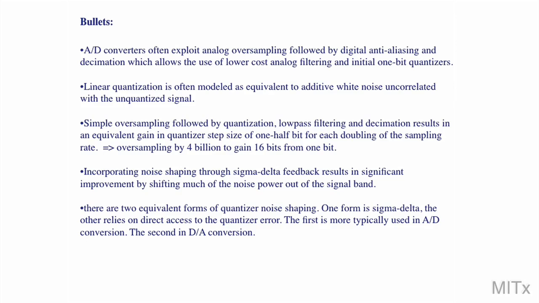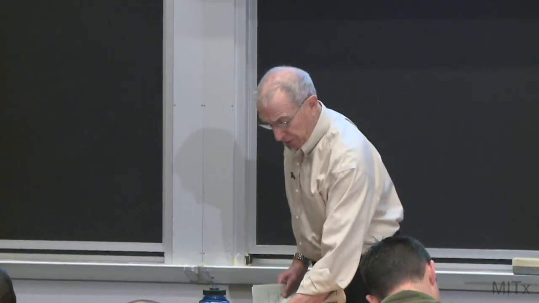But what I want to draw your attention to now is the key assumption that will pervade this whole lecture, which has to do with modeling quantization error. And quantization is what is just naturally done when you're doing analog to digital conversion. The quantization error is going to be modeled as an additive white noise source that's uncorrelated with the unquantized signal. And I'll say a little bit more about that shortly, but one of the things that it means is as we go through the analysis